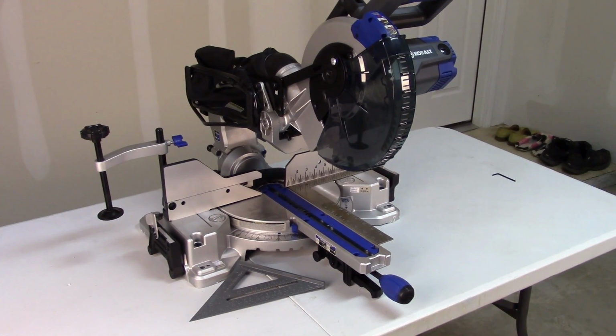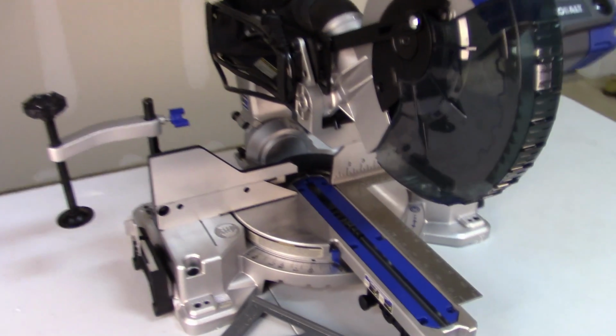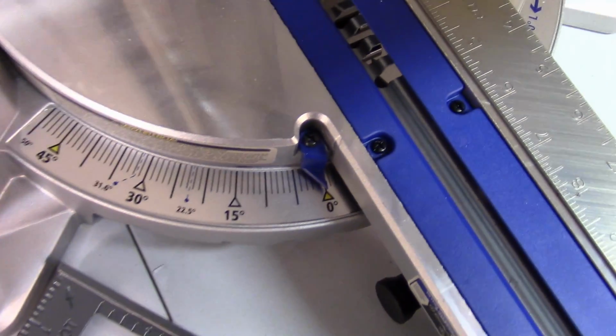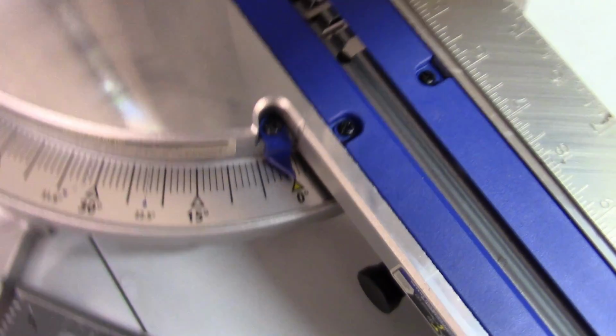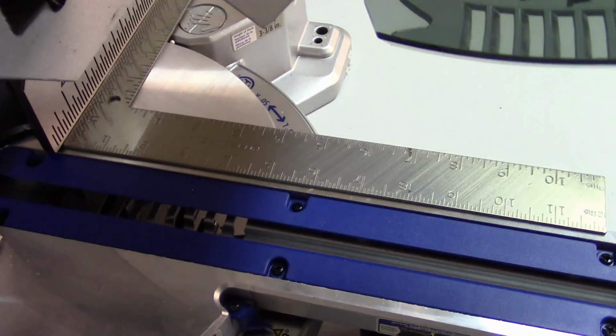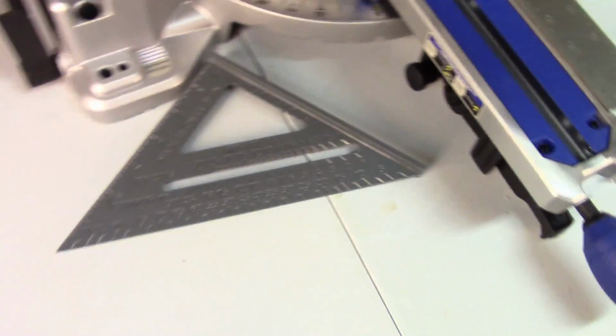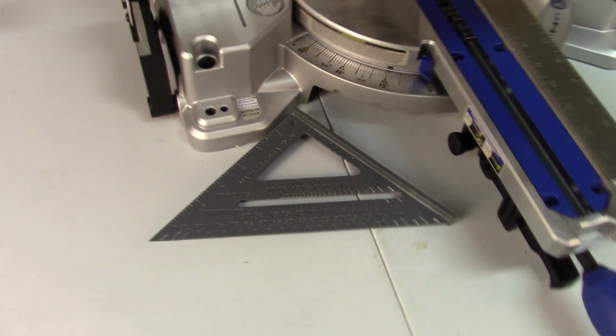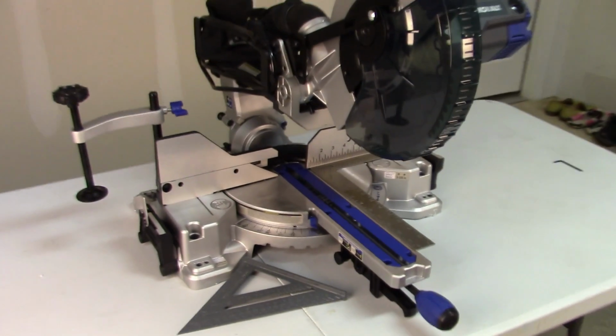Let's take a look at the factory settings on the Kobalt miter saw. Setting the table to exactly 0 degrees, it comes out almost perfectly at 90 degrees using my square. And then I used my speed square earlier and checked it at 45 degrees, and it came out almost perfect,